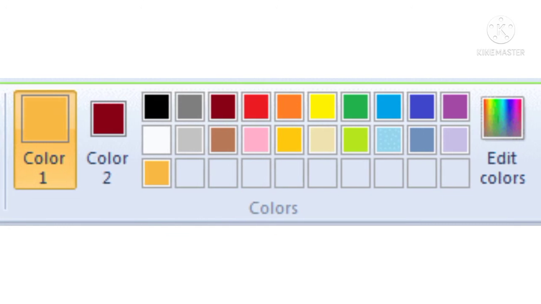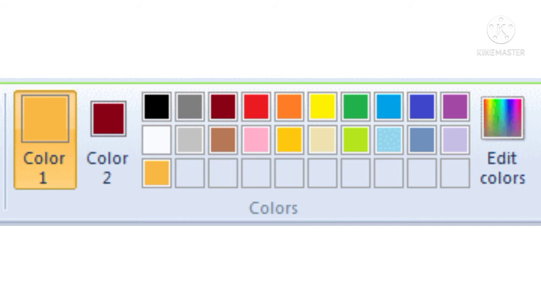Color 1 box is used to select the color for drawing lines, borders or shapes and for text. Color 2 box is used to select the color for filling an enclosed shape and the background of the text boxes.